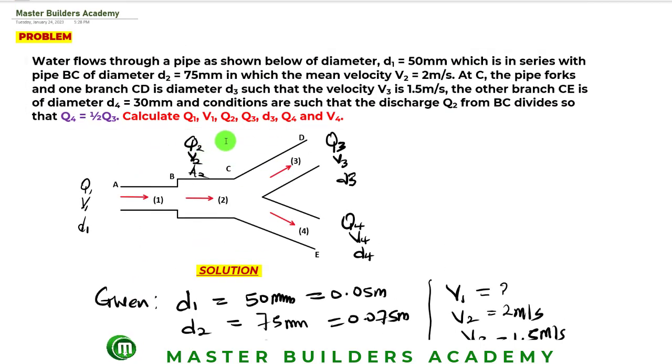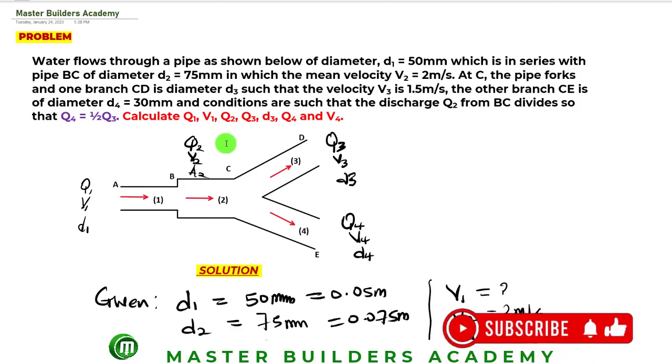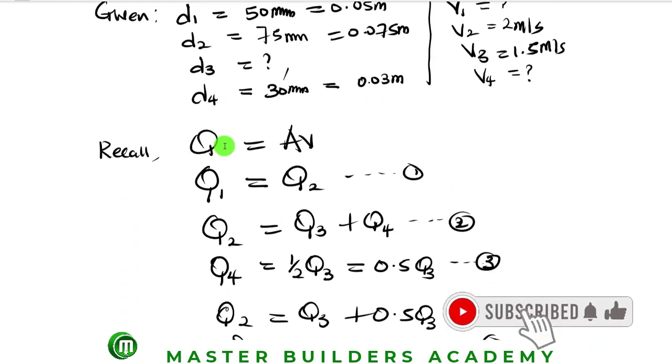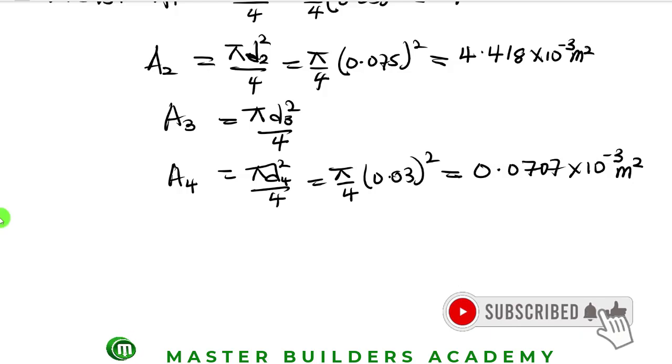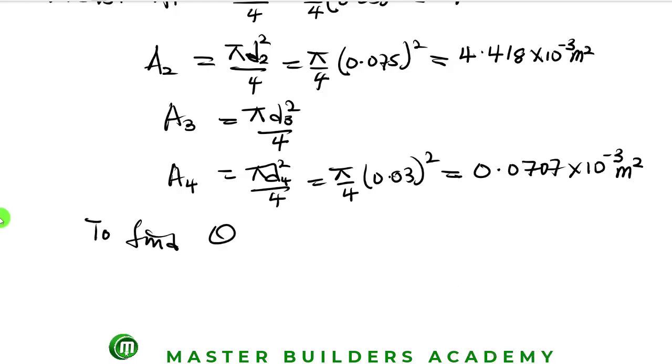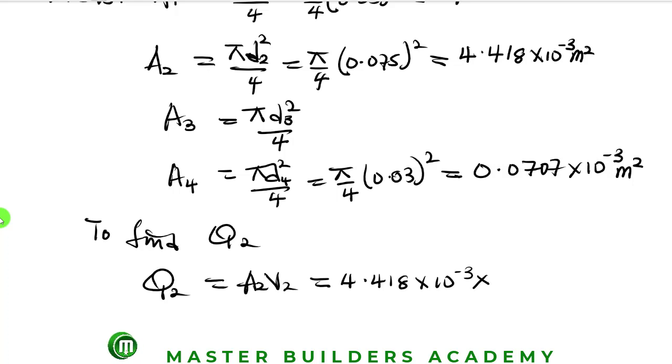The first thing we'll calculate is Q2, because it is the one whose parameters to obtain the discharge are given. All right, so to find Q2, we have that Q2 is equal to A2 times V2. And what is our area 2? Area 2 is 4.418 times 10 raised to the power of -3, multiplied by